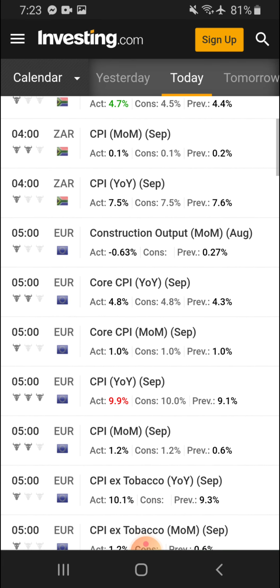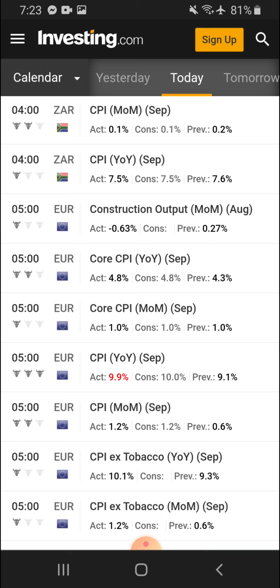Other high volatility news. So Europe had the CPI as well, year on year for September, showing that inflation decreased slightly from the expected point of view. So that was probably short term bearish for the euro, but from a previous standpoint, from the last measure of September 2021, it showed that inflation increased